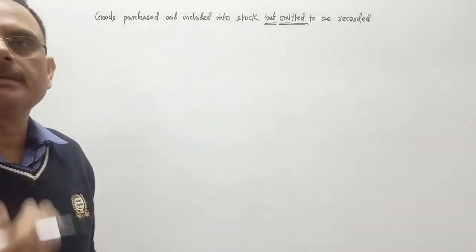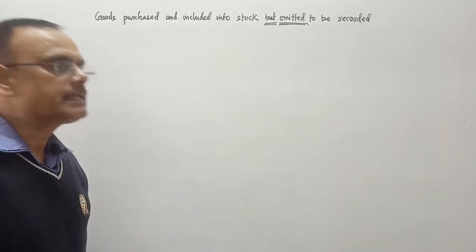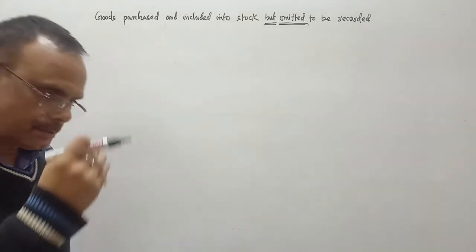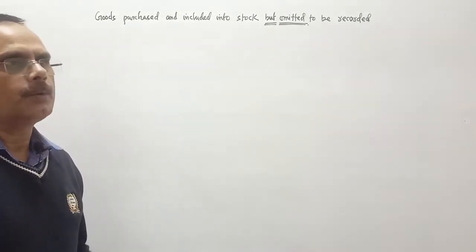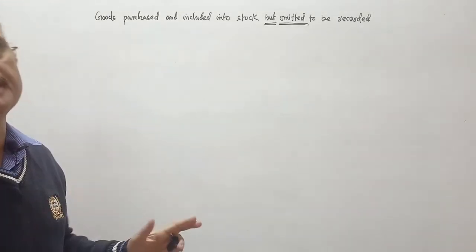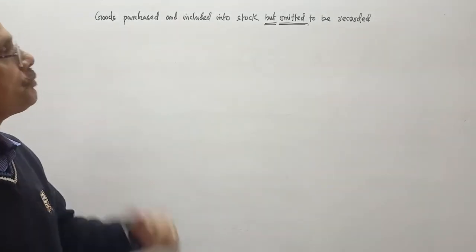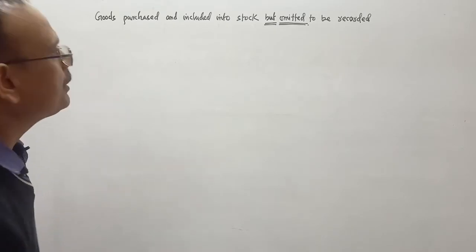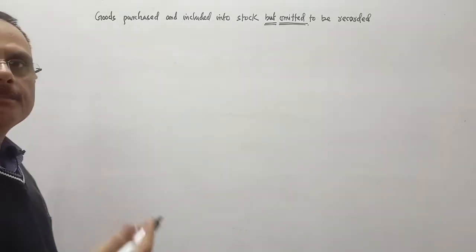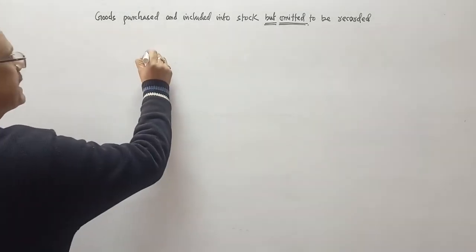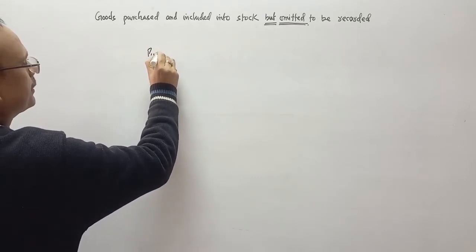It's an error of complete omission. This information comes to you after the trial balance is prepared, in the additional information. Then you pass one adjusting entry for the error of complete omission: Purchase account debit